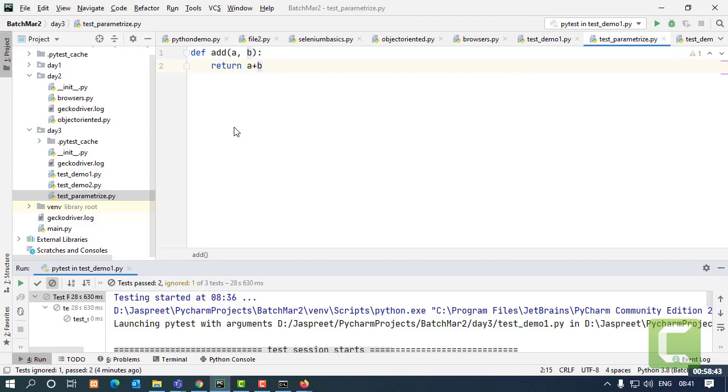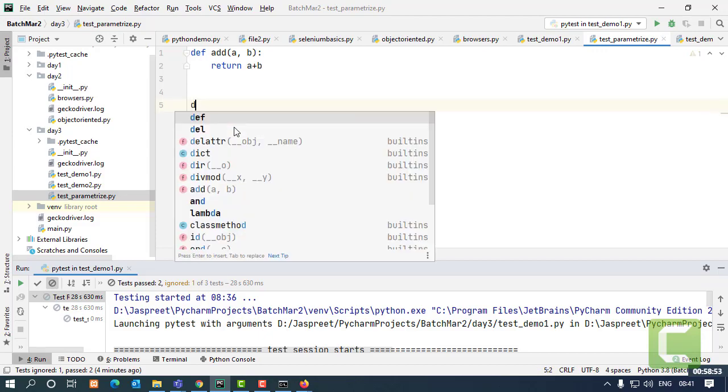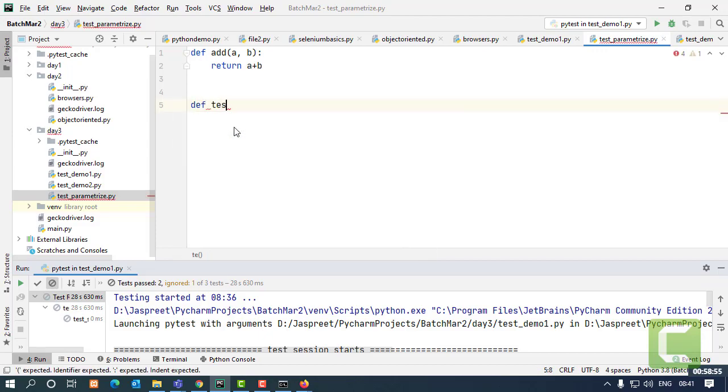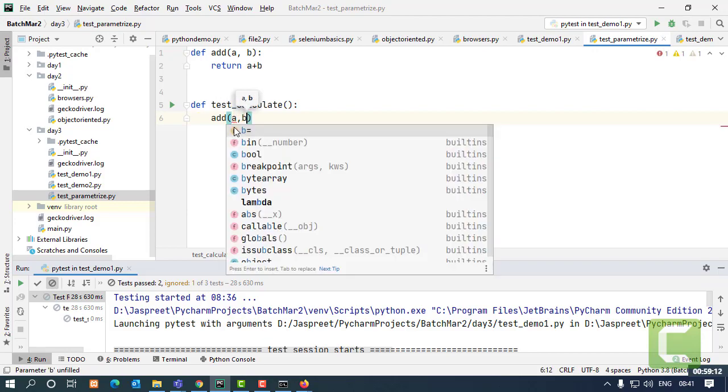Simple and short function. Now I'll make the test case on which the parameters are going to be passed. So the function is def test_calculate, and in this function I will call my add function. I have to pass two parameters, a comma b.